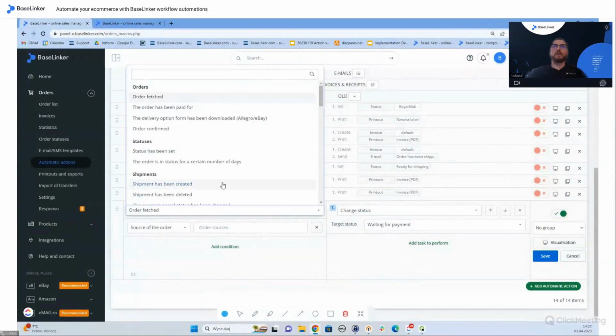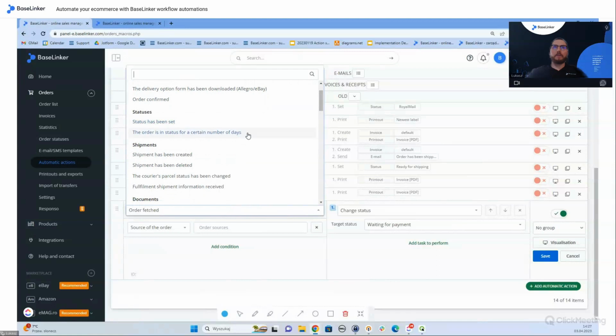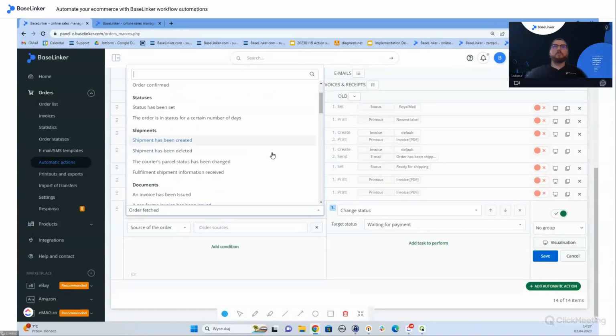You choose what's supposed to happen in order to perform certain automatic actions. So let's say you've processed an order, you've created a shipping label, and you would like to automatically send an email to the customer that is going to contain the invoice or receipt for your customer, because this is something you could also do. And my suggestion would be,